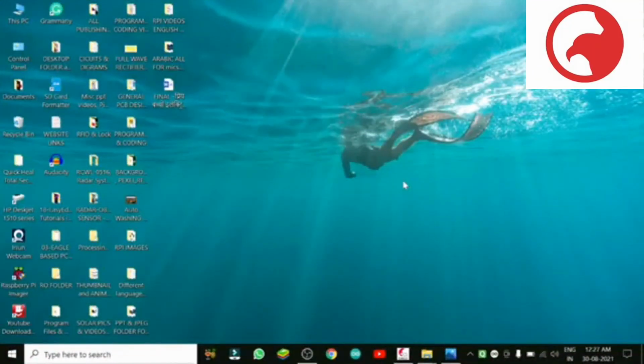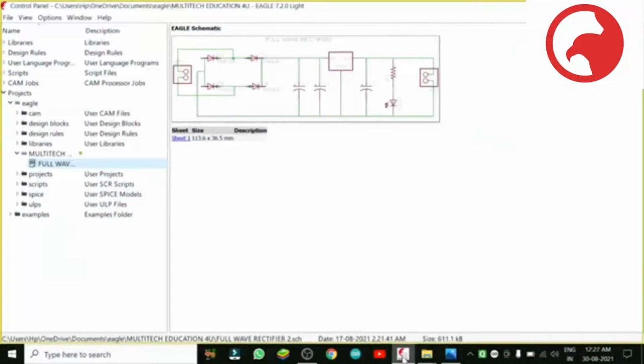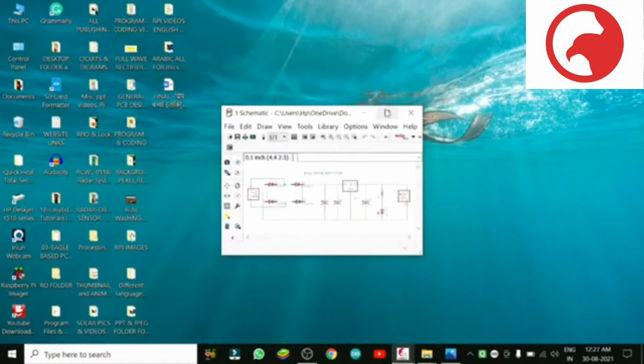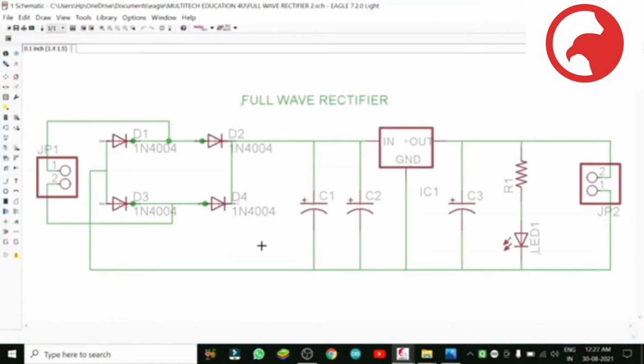So my dear friends, in the last video we did some wiring work, connecting the components, putting the node and checking out the connections whether made properly or not. So in this video again we will open the same site and we will come to where we left off in our last video.